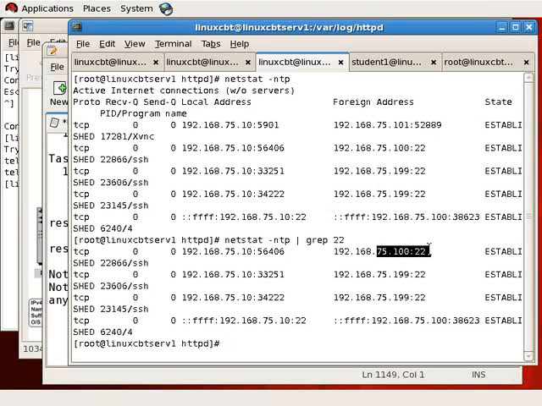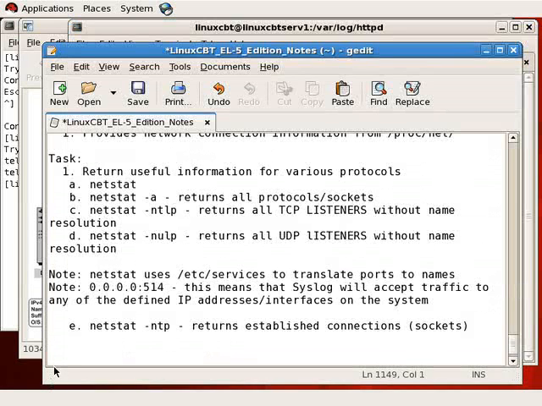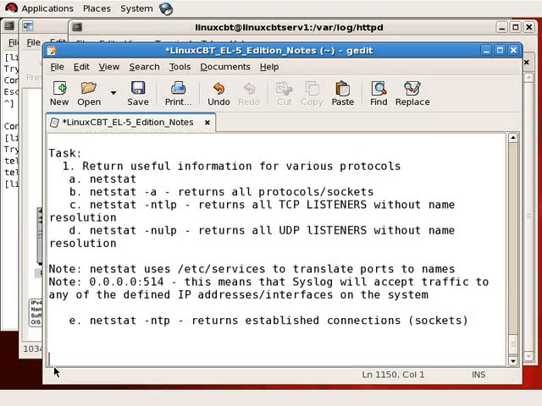Let's say you need to administer the system and you need to take a service down like SSH. You'd use netstat NTP to determine if there are any SSH sessions. Now, no need to look at all of this output, just grep 22. And you'll see only instances of 22, so this tells you what's going on in the world of SSH on